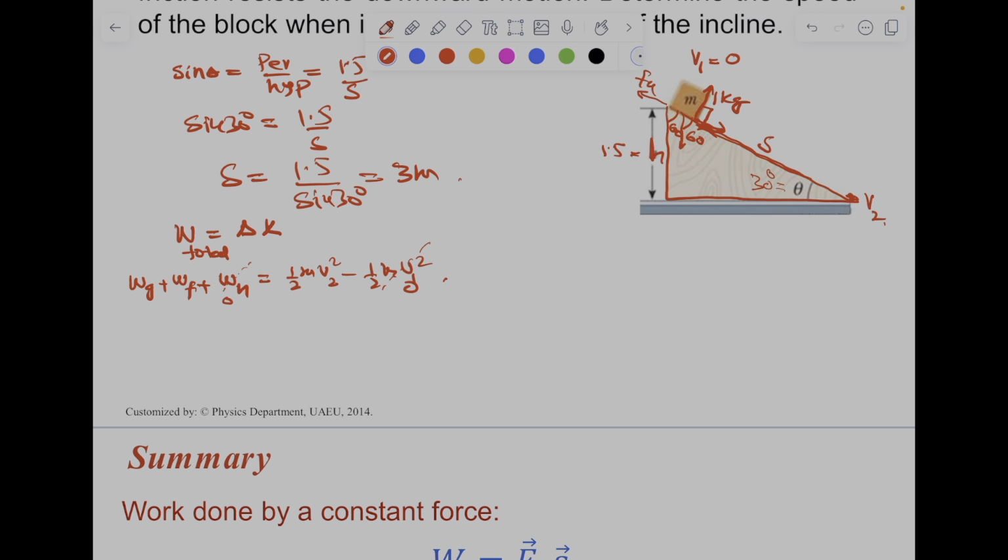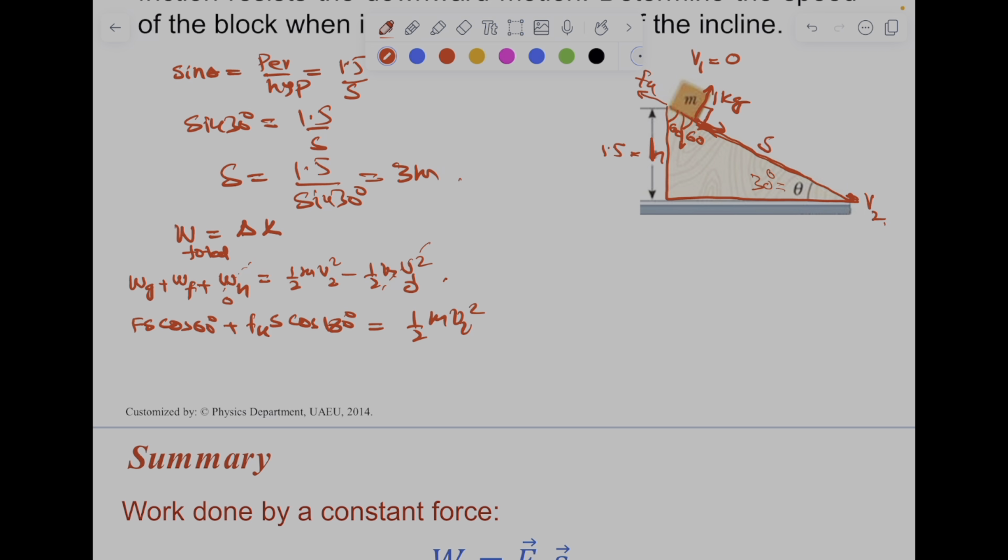So your F s cos 60 degrees plus your Fk s cos 180 degrees, which is the frictional work, equals 1/2 m